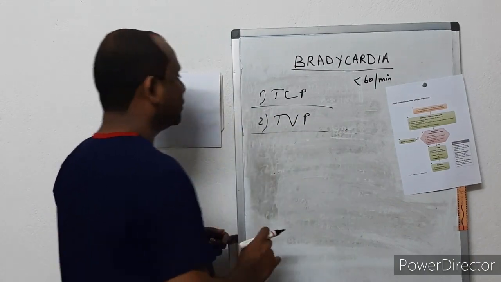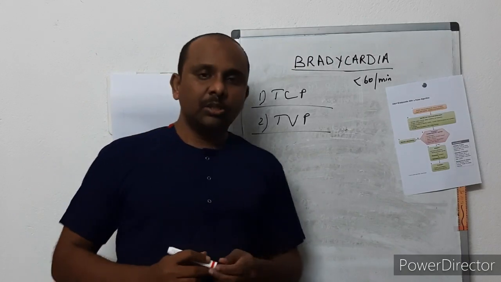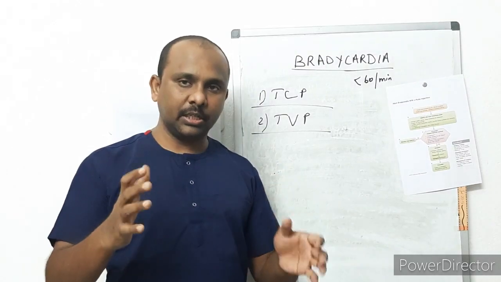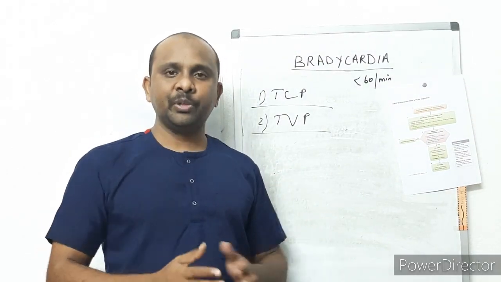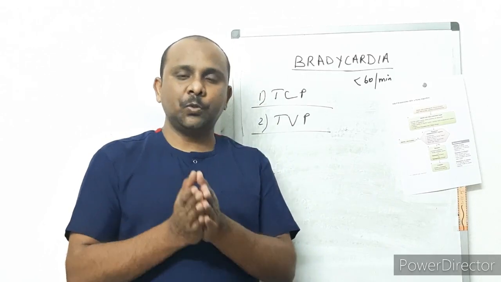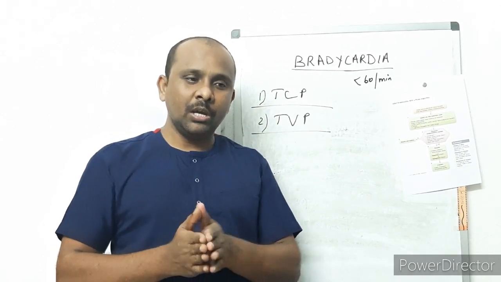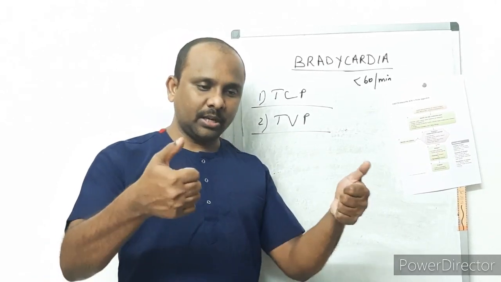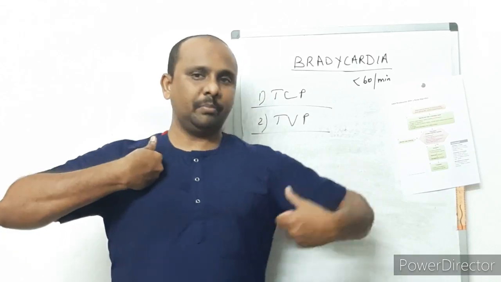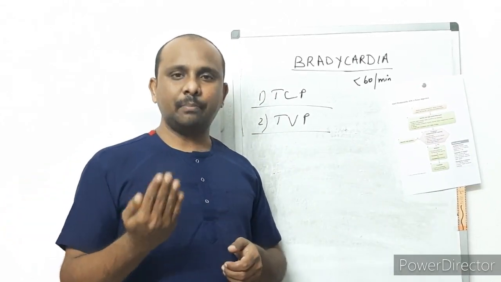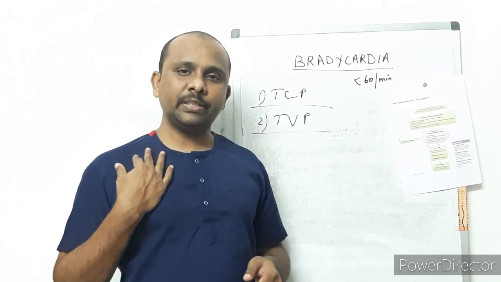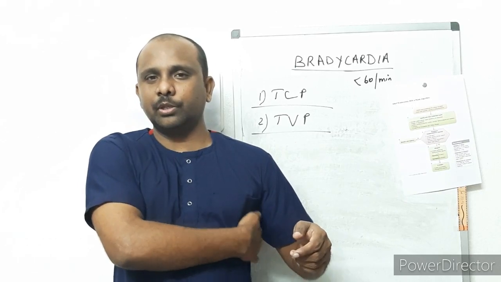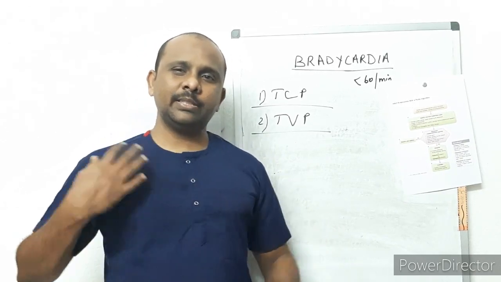We all know that. So how to do transcutaneous pacing? In transcutaneous pacing, you are passing electrical signals through the skin, the same way you give defibrillation. If you don't know, just go to my defibrillation video, which clearly explains the paddle placement. There are two methods. One is conventional paddles: you take the defibrillator, place them here and give the shot. Another is a pad, like a sticker. You place it here and here, on the right upper chest and the apex of the heart, just 6 centimeters below the axilla. So here you will place the pads.